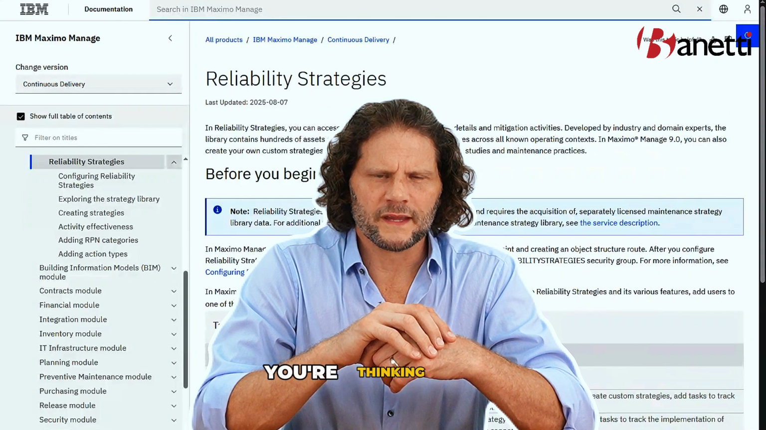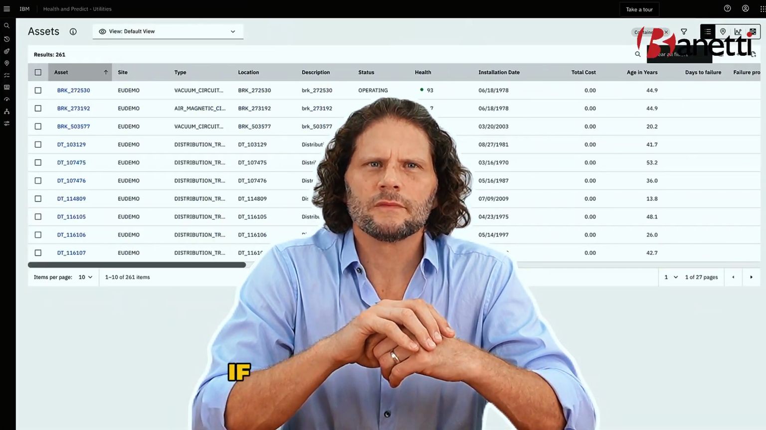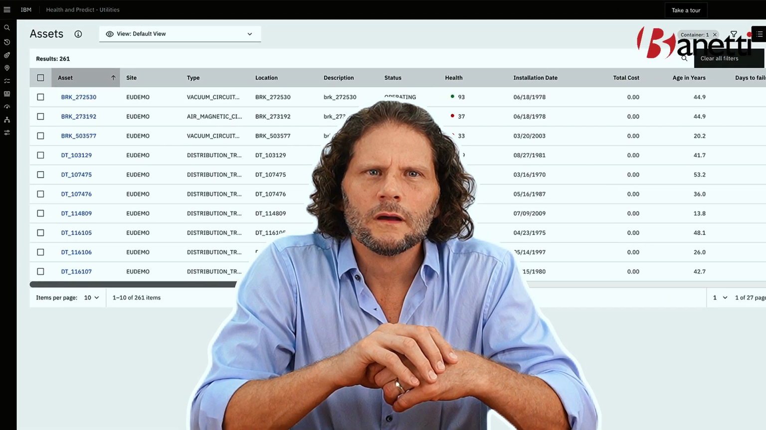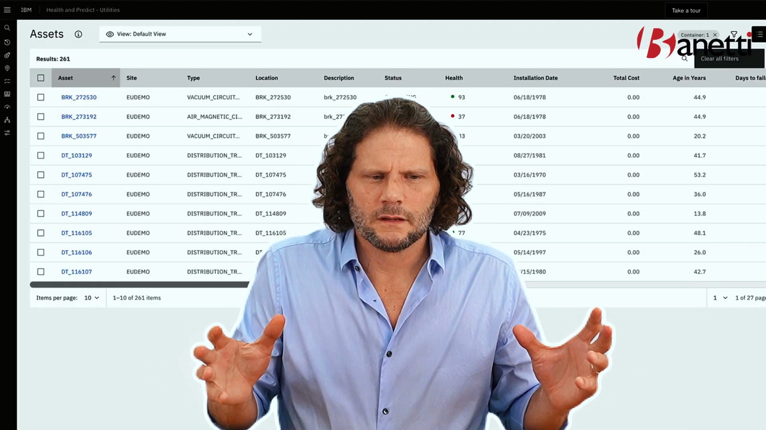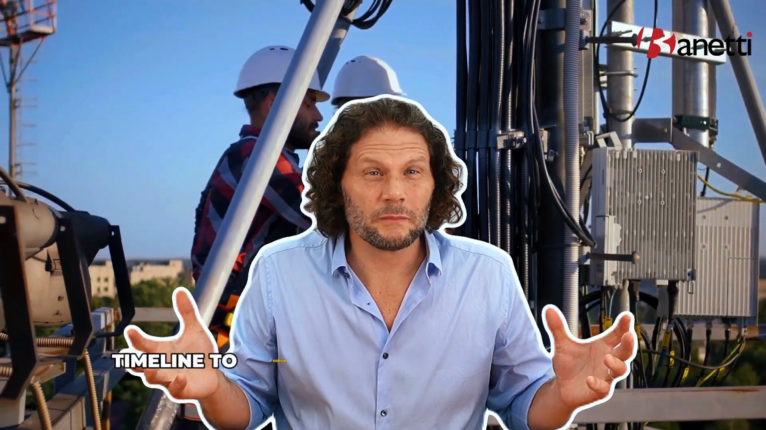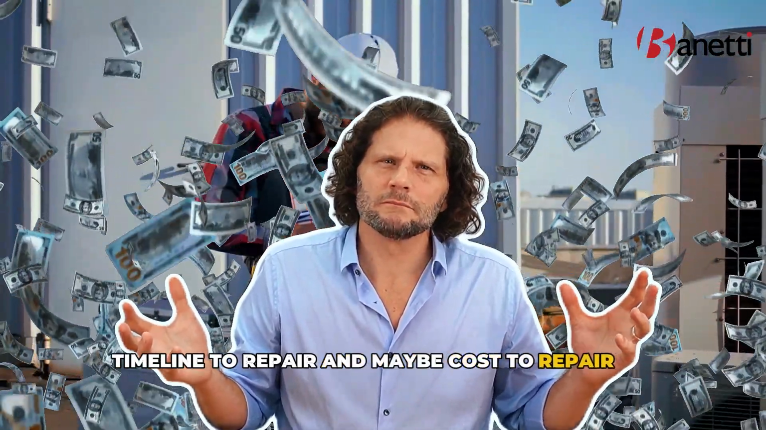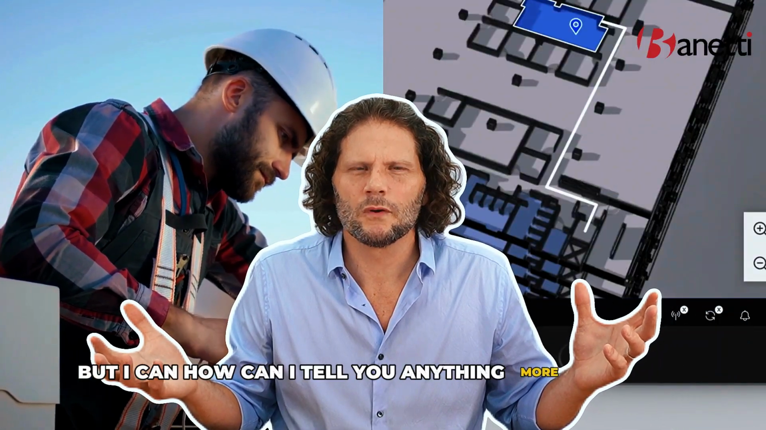you're thinking, well, I can probably tell you what the failure modes are. I know what the asset is, but how do I know what the effect is? Or how do I know what the effect is beyond timeline to repair and maybe cost to repair on average? I can give you an average timeline and cost, but how can I tell you anything more than that? And